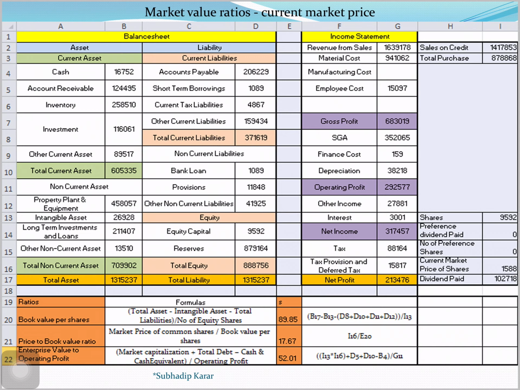Theoretically, the book value of the company is the difference between the value of its total assets and the total liabilities. Therefore, it is called the net asset value. The price to book value ratio is the ratio to compare the firm's market capitalization to its book value. This PB ratio measures the market valuation of a company relative to its book value.